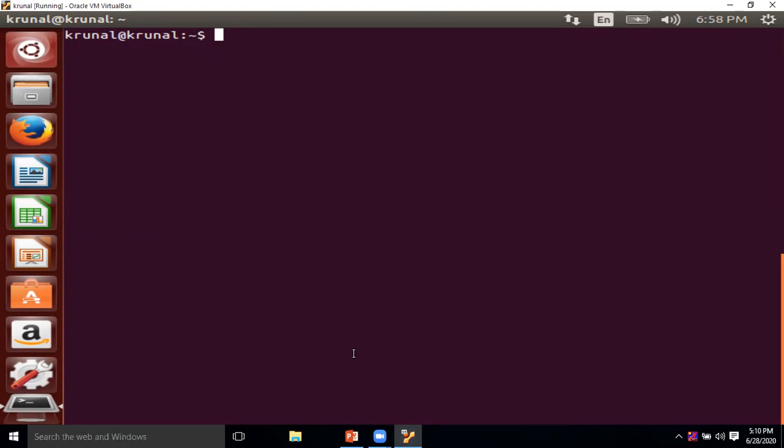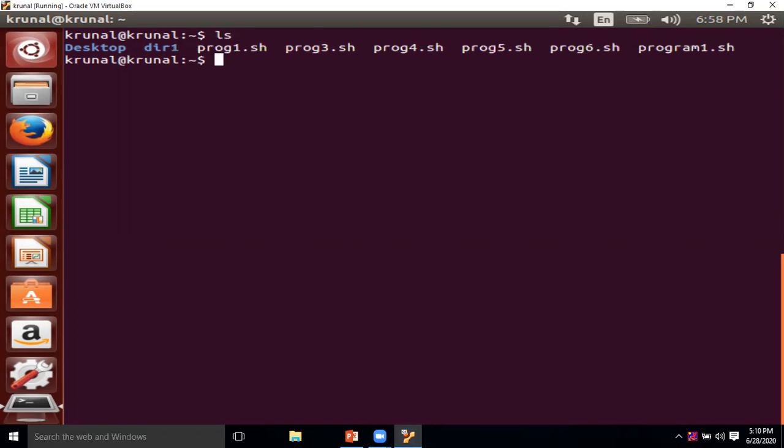In the previous case, suppose I have one directory called directory 1, and if I want to remove this directory, as you know very well, the command is rm, which stands for remove. rm space hyphen ir.